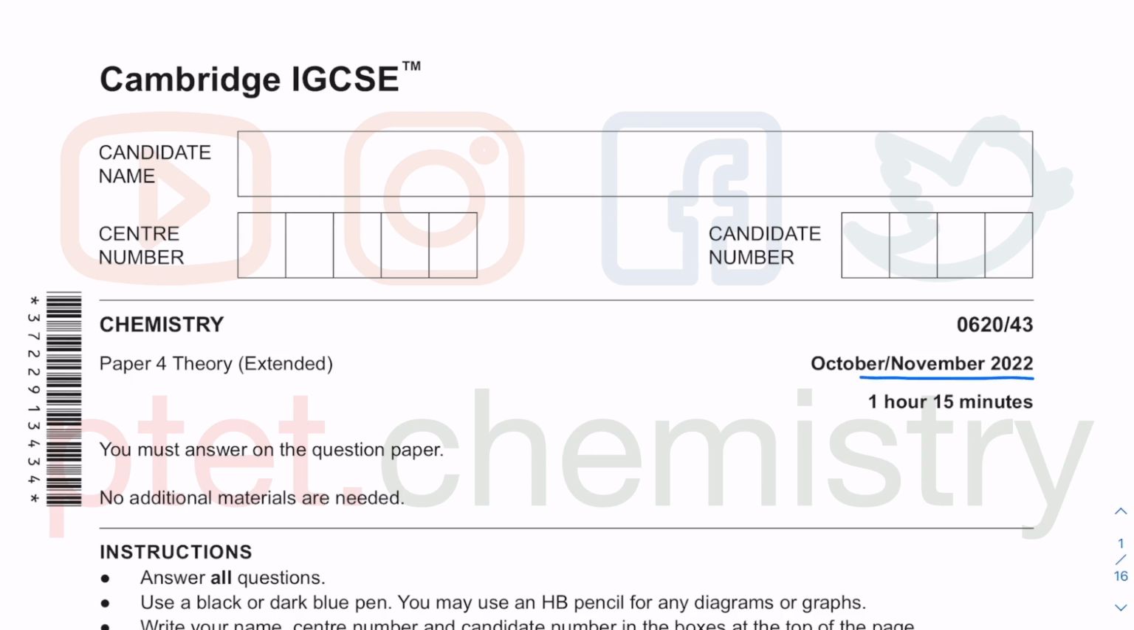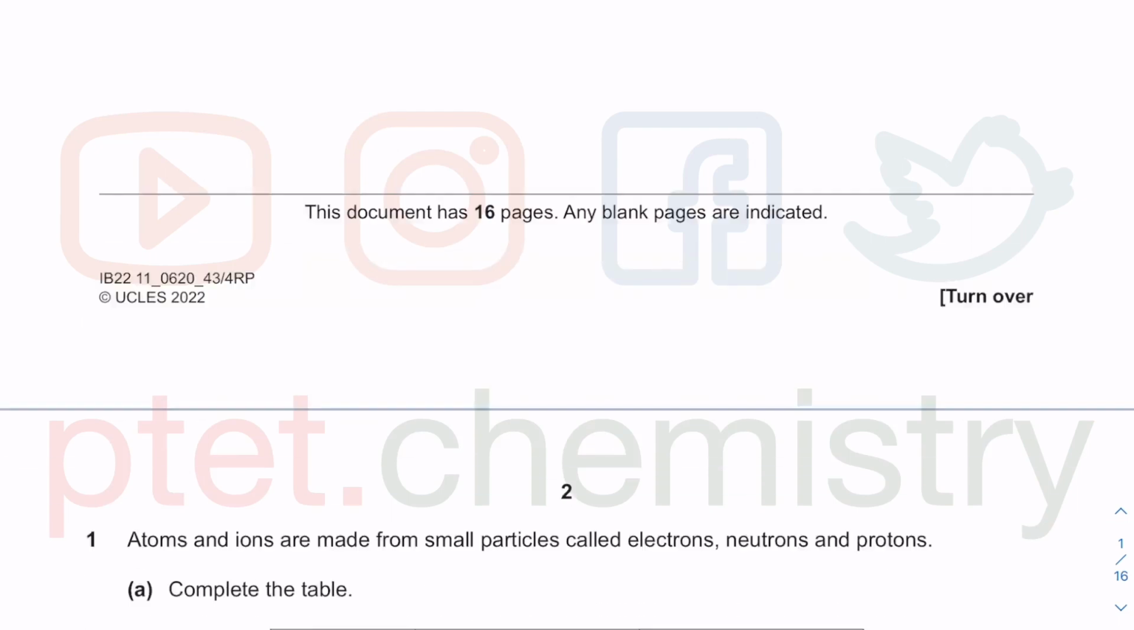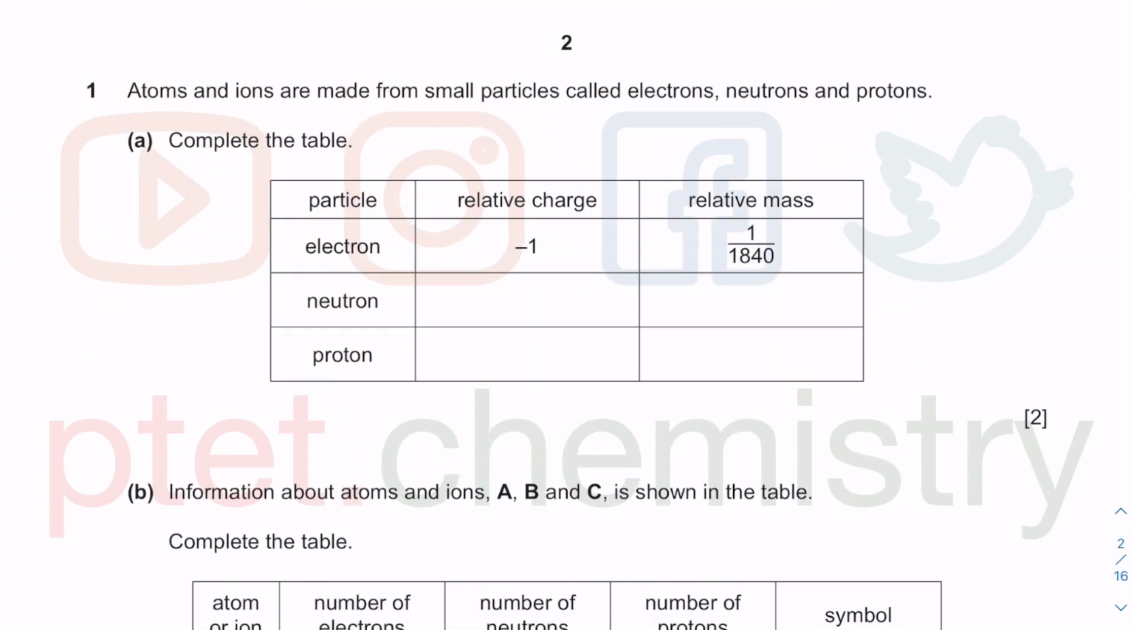In this tutorial video, we'll go through this November 2022, fairly recent paper for this Cambridge International IGCSE Chemistry Extended. This is paper 4 variant 3, and it's a 1 hour 15 minutes paper for 80 marks total. In this first question, we're going to complete this table on some properties about relative charges as well as